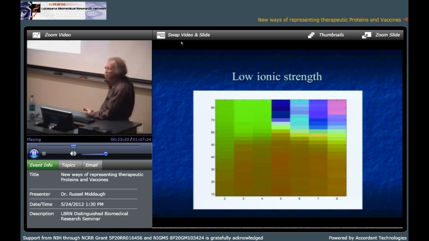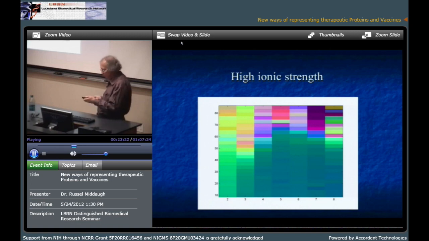In contrast, this is using the MATLAB method. Here's the phase diagram. You'll notice it's very similar to the phase diagram that we obtained from the simple measurement of the ultraviolet spectrum. But you can see there's this big area, which is the native state, and you can see this transition region, the aggregation region, these high temperature, low pH states, which of course are highly unfolded.